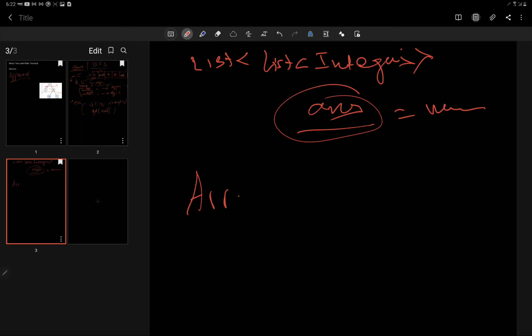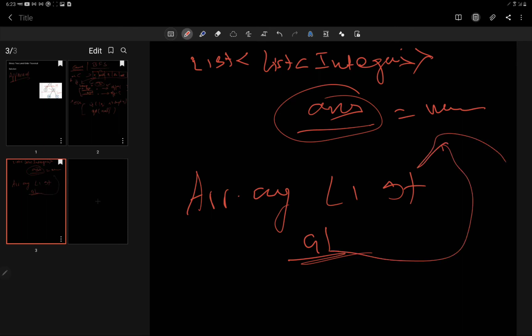Because after processing, where we wanted to print the value, we don't print them, we will just add them to this array list, and after we have processed one level, that is we have reached the null value, we will add this array list to our main integer answer list, and we will make it again a new one, initialize again, because we will empty it since its contents are already in the answer list.